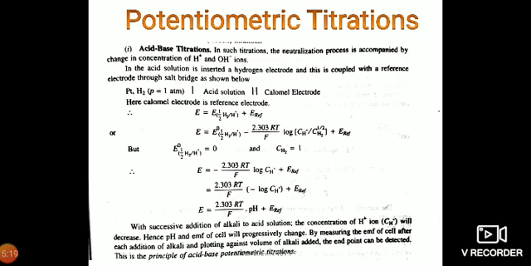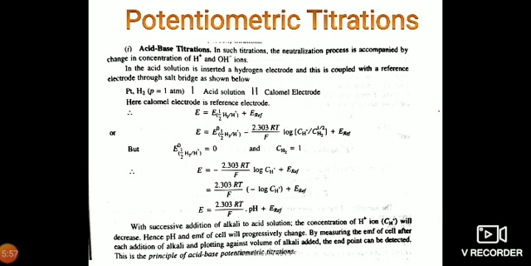And here we are considering the concept of EMF measurements for the measurement of the potential, where potentiometric acid-base titrations and redox potentiometric titrations take place. As far as the syllabus is concerned, in potentiometric titrations, we have to discuss two types of potentiometric titrations. One is acid-base neutralization potentiometric titrations, and the second one is redox potentiometric titrations. So these are the applications of EMF measurements for studying and obtaining the endpoint of titration with greater accuracy.